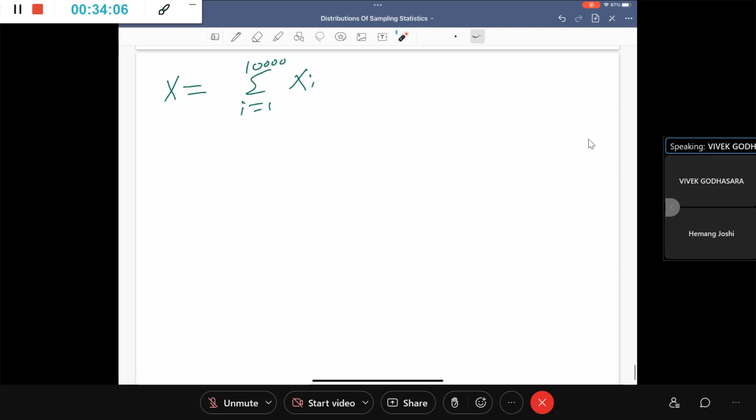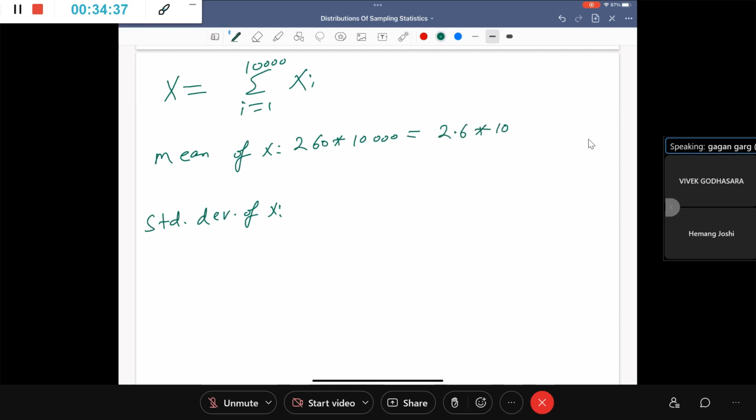So now for this x, what do we know about this x? X is the sum of these, so that's something that we know. But we want to know the mean of x and the standard deviation of x. What is the mean of x? The mean of x is simply 260 times 10,000. And the standard deviation of x is